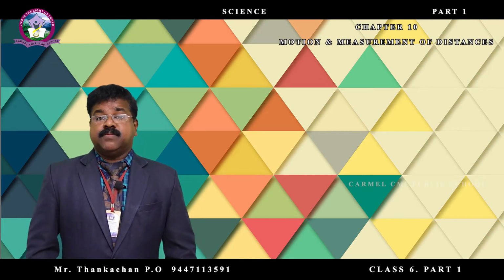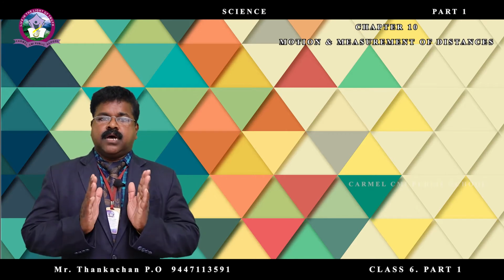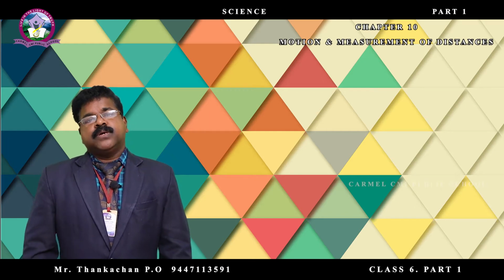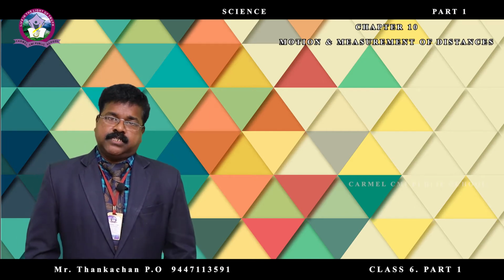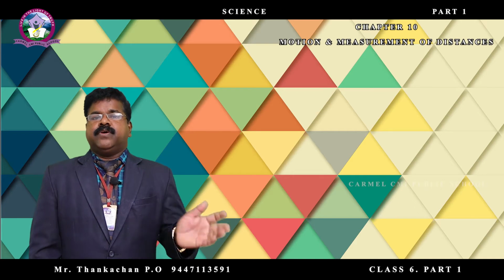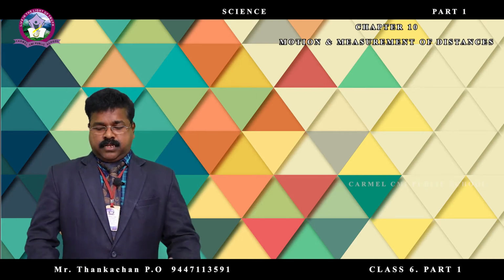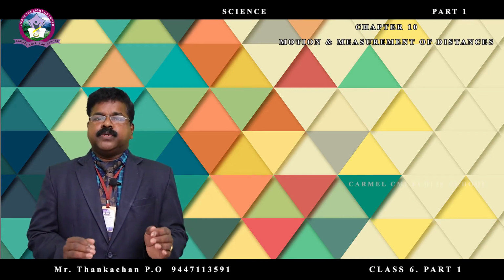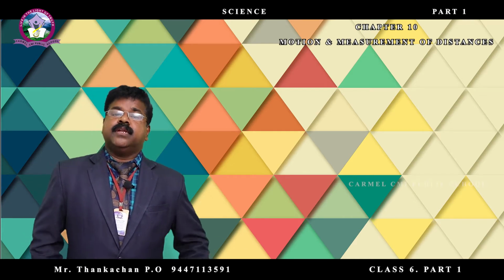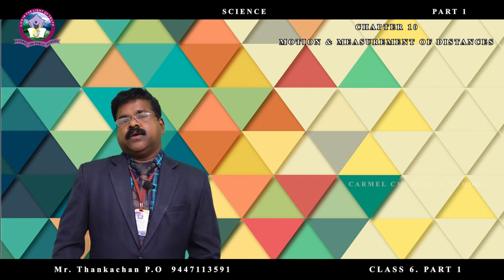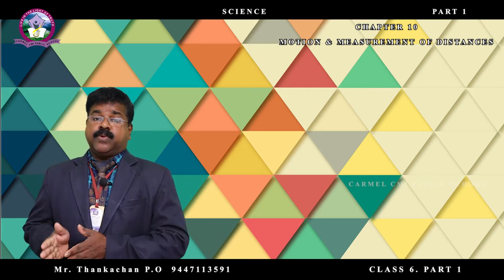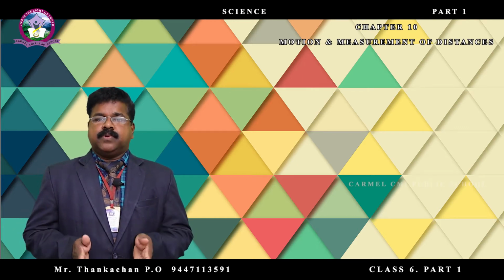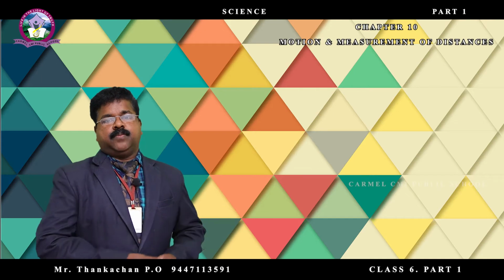Bird's body shape is streamlined, that means both the ends are pointed, at the same time the middle portion is broad. Such a shape is known as streamlined body shape. So the people first were using the wooden logs, and in the center of the wooden log they made a hollow space, and in that hollow space 1 or 2 persons can sit, and they used to travel in water. But afterwards they were observing the body shape of animals which are living in water, which are moving in water, and those body shapes they made into some other shape with the help of boats.